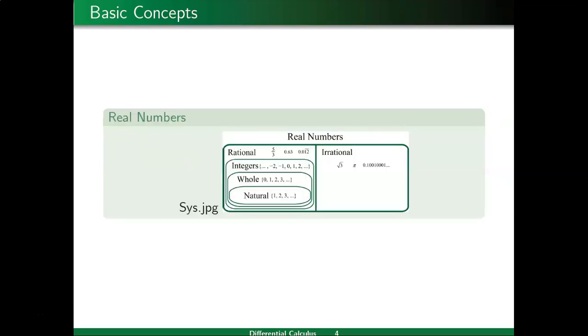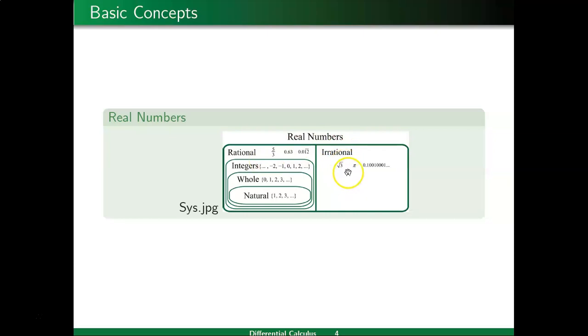As you can see from this sketch, we have the set of real numbers on the screen, and these are its subsets. The first one is the set of natural numbers, 1, 2, 3. The whole numbers are also included. Whole numbers is a set which contains 0 also: 0, 1, 2, 3. Integers are shown here and rationals are shown here, and on the right-hand side is the set of irrationals.